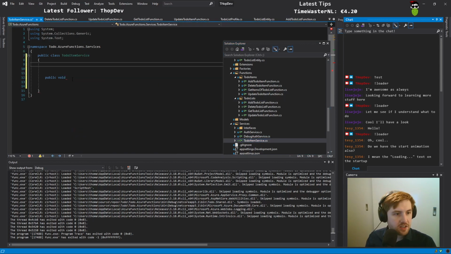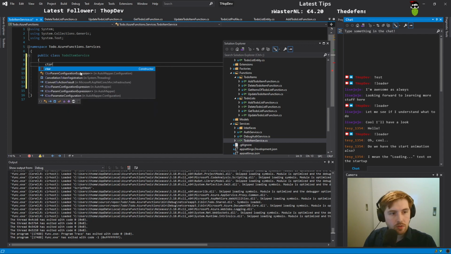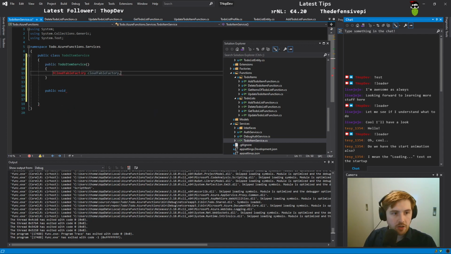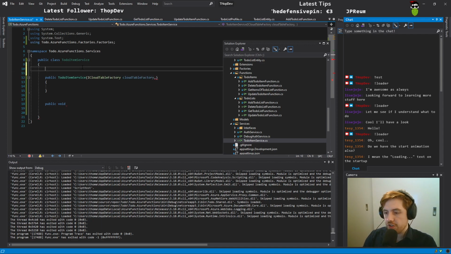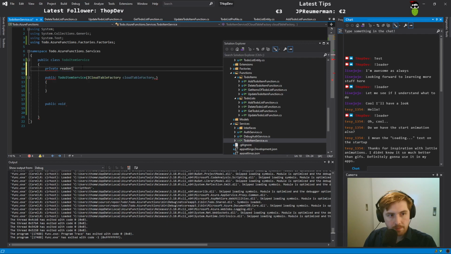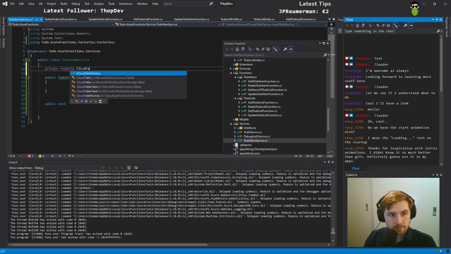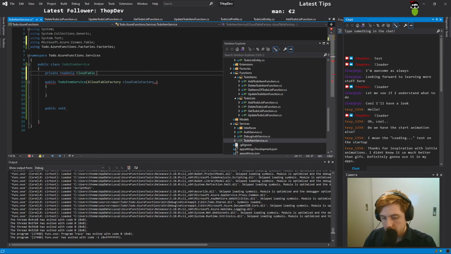I also think it's a good idea to do all database calls in our services instead of our functions. Cloud table and